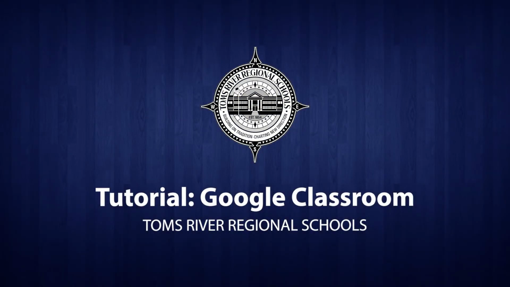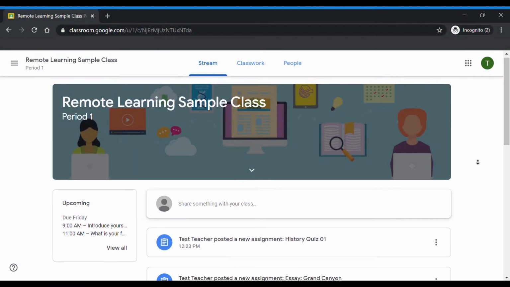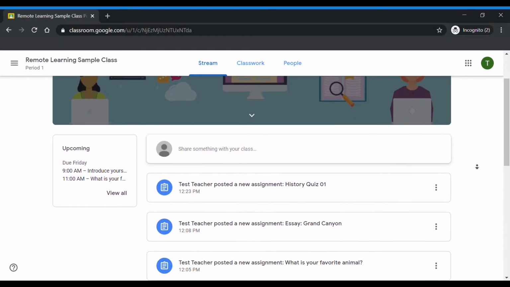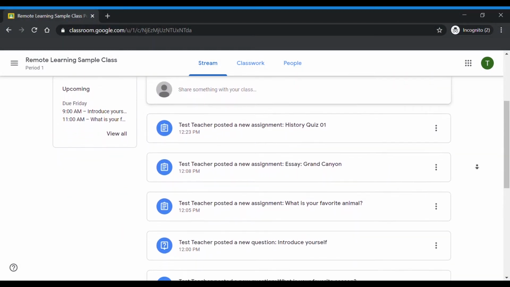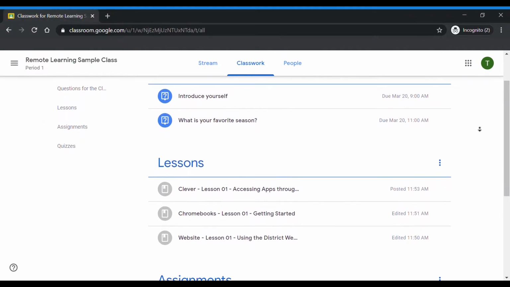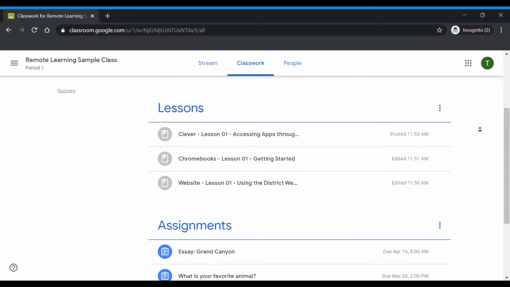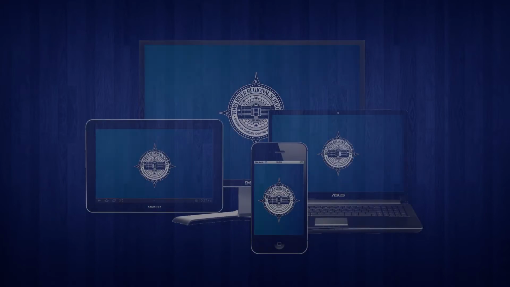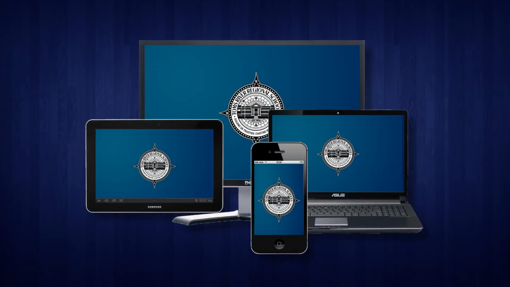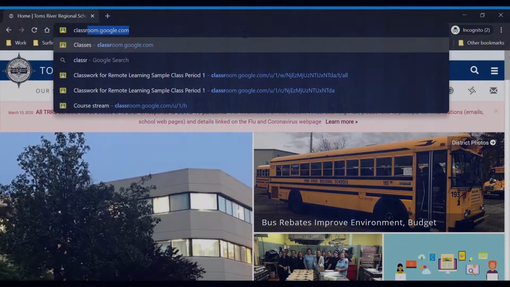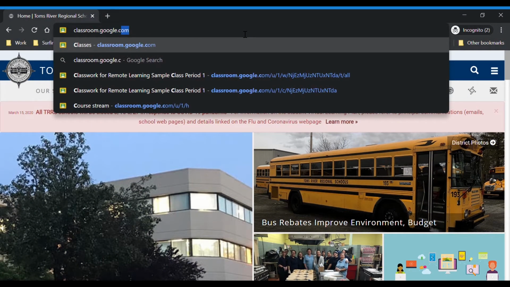This is a tutorial on Google Classroom for parents and students. Google Classroom is a remote learning tool that allows you to access your classes, submit assignments, interact with your teacher, and more. You will need a device that is connected to the internet, like a laptop, desktop, or other mobile device. To access Google Classroom, open a web browser and go to